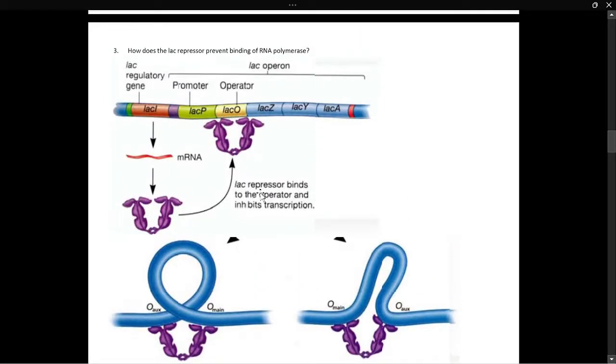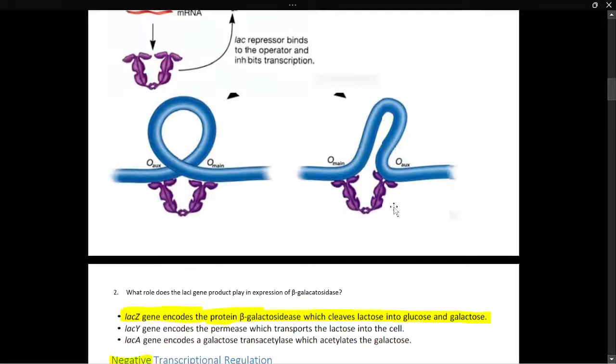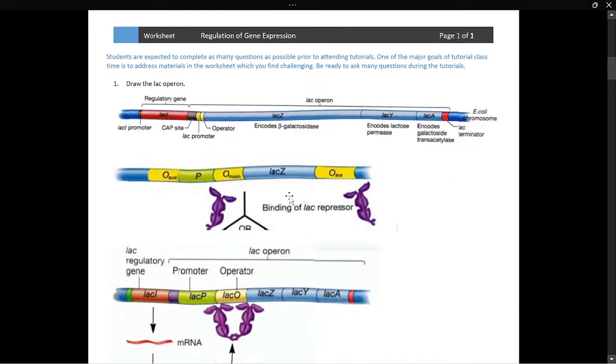That's basically question 3. Just address how the protein binds to the O aux and the O main, and basically this is the lacZ. Has to be, because I'm pretty sure it does also for lacY and lacA, but they never make that clear. Based on this image alone, you could claim ignorance, and based on a lot of other images on like Google